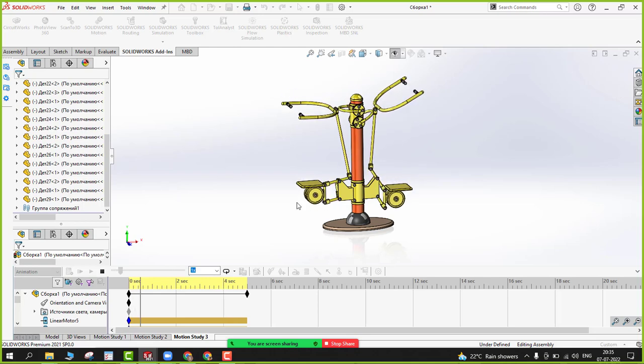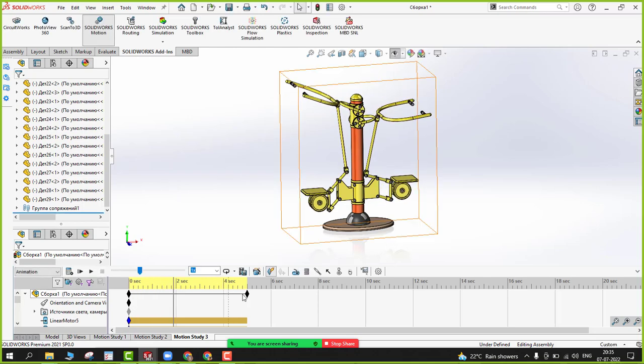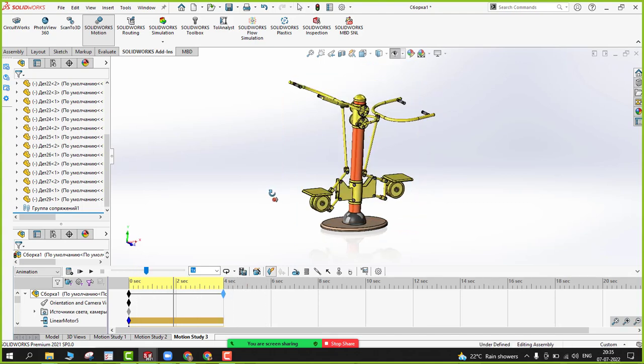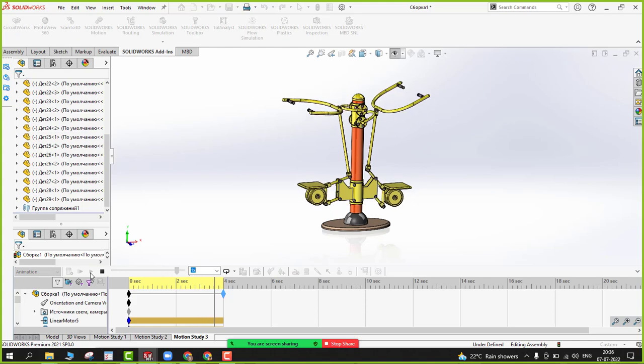Can you see this? You can even restrict the timing. You can drag this time frame. I mean, you can set it up to 4 seconds or 2 seconds. It's all your wish. Let's say I want only up to 4 seconds. I don't want extra timing, so that I can render it, using SolidWorks Visualize and all. You can even render the animations as well. Okay, like this. So